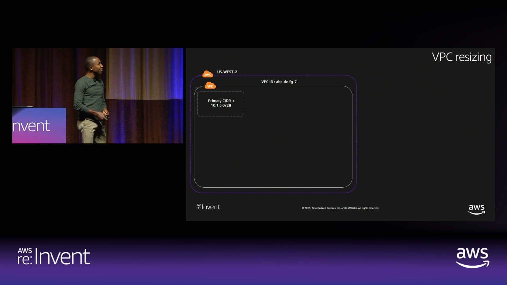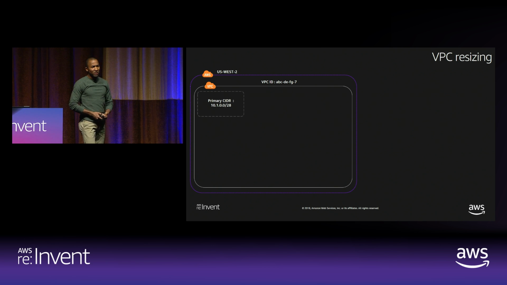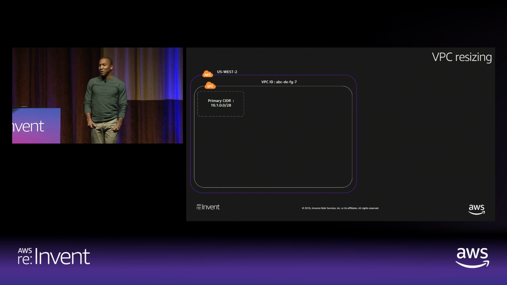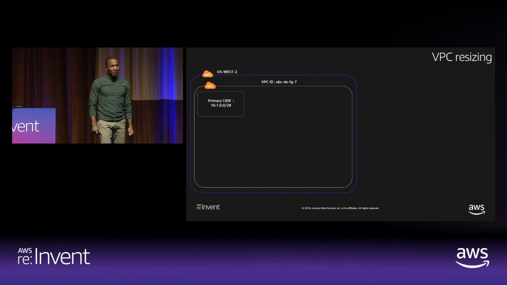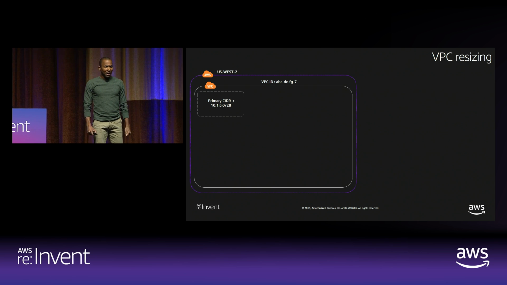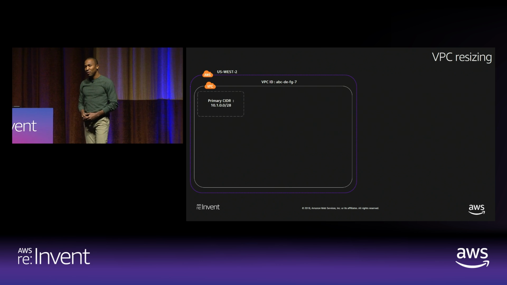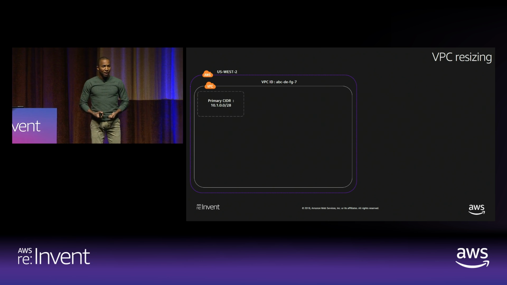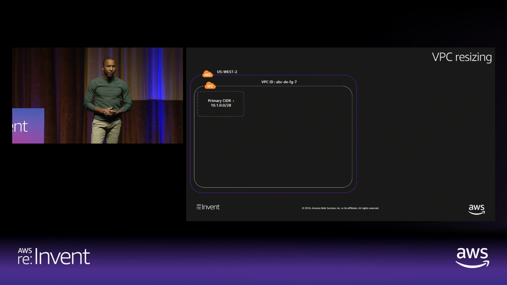Now, what happens if the primary CIDR block you defined for your VPC was a /28? You decided, I'm going to test out this AWS thing. I've heard so much about it, everybody seems to be going there, I don't know what it's about. I'm going to spin up a few machines and see what happens. In doing that, what most customers realize is the ease and efficiency of the AWS environment, and quickly the decision is made that AWS is where we're going.